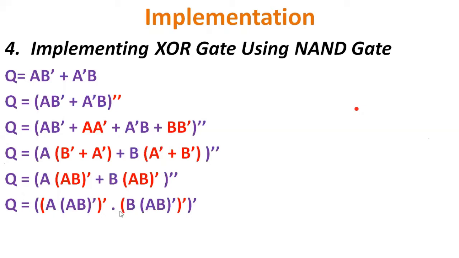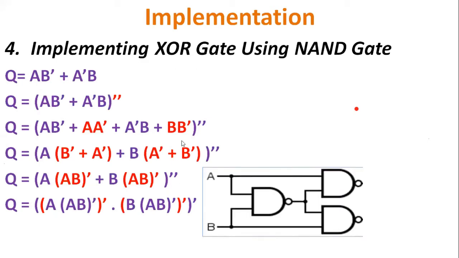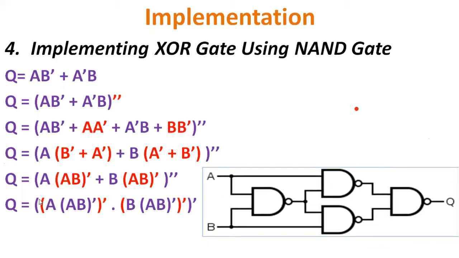Here we don't have any plus sign, so here we can stop and we can see directly how the XOR gate looks. Okay, so in this expression you can see the first term is A, and the innermost term is AB whole bar. This is the first innermost term, and here also the innermost term is AB whole bar. So this gate is representing AB whole bar.